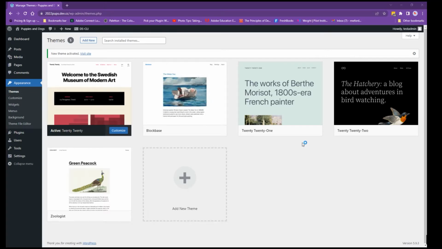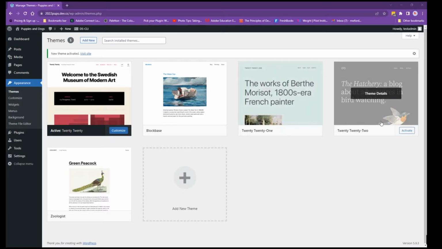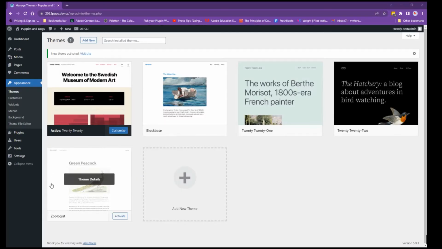Looking at the themes, I am working with a non-full site editing theme right now. 2020 and 2021 are non-full site editing themes. 2022 and the zoologist are both full site editing themes. One of the biggest things you will see when you're working with a non-full site editing theme is